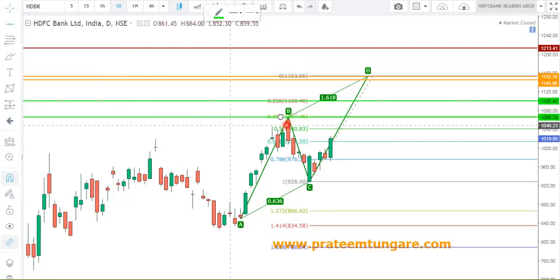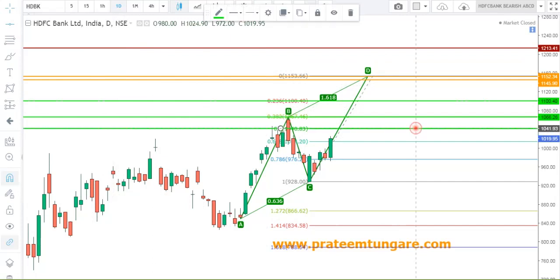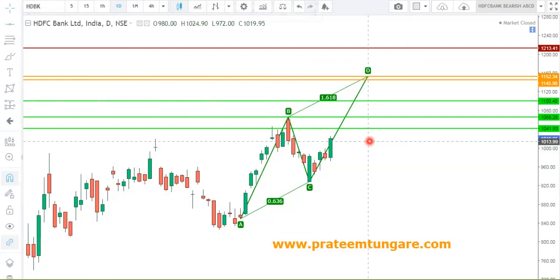We consider this 0.236 to book the profits. If I am a conservative trader, I will book my profit on 0.236 FIBO. Otherwise, my first target would be 0.382. So friends, we have got our PRZ, our stop loss and the targets. Now we will note it down in the text format.